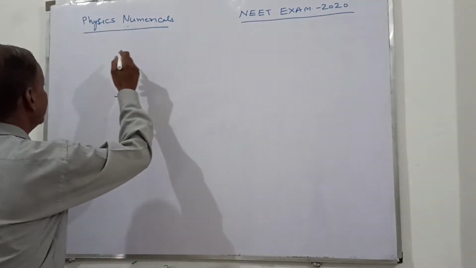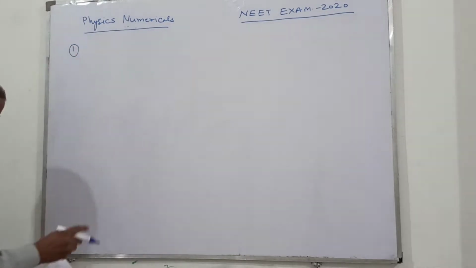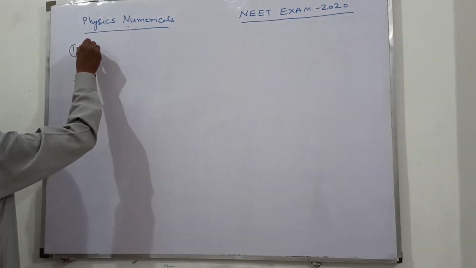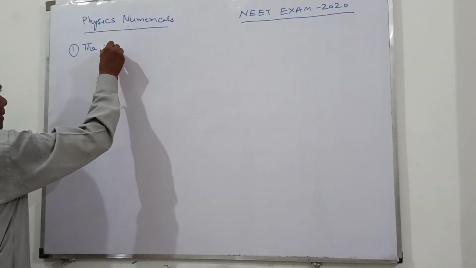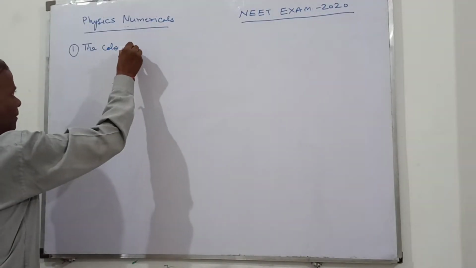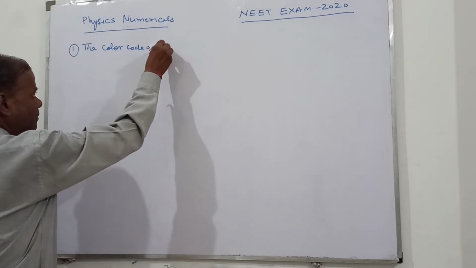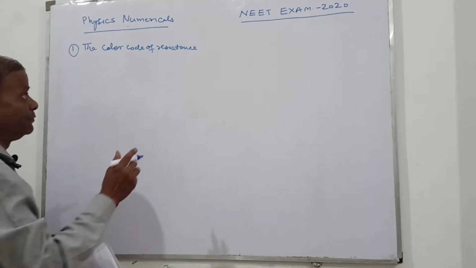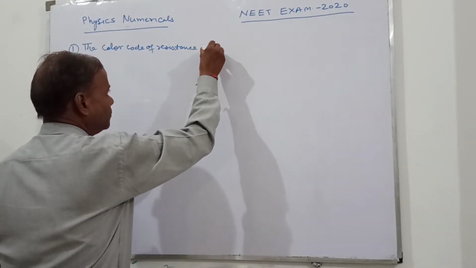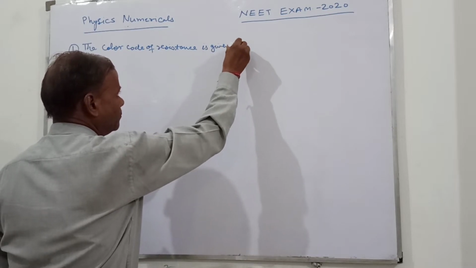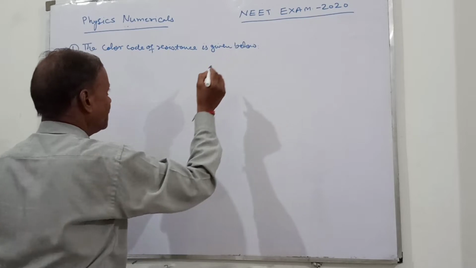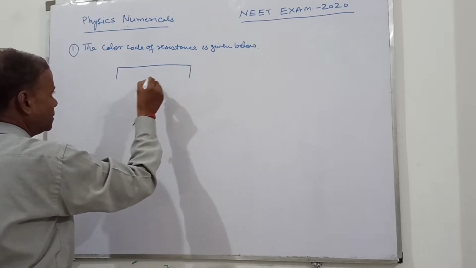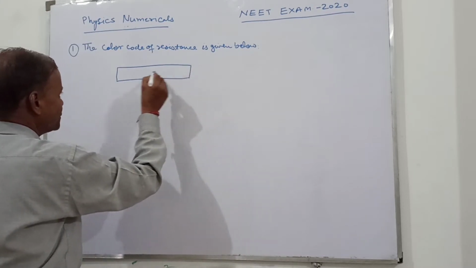So first I take the color code of resistance, given below. Here we are given a carbon resistance,